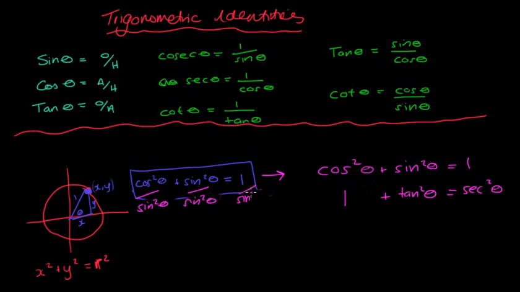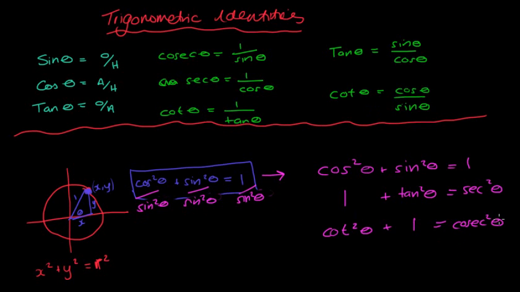And I said, if you can just remember the first one, then obviously you can get to the other two. Cos squared over sine squared. Well, cos squared over sine squared is cot squared. You can see it from that trig identity there. Cot squared theta plus sine squared over sine squared equals 1. And 1 over sine squared we know to be cosec squared